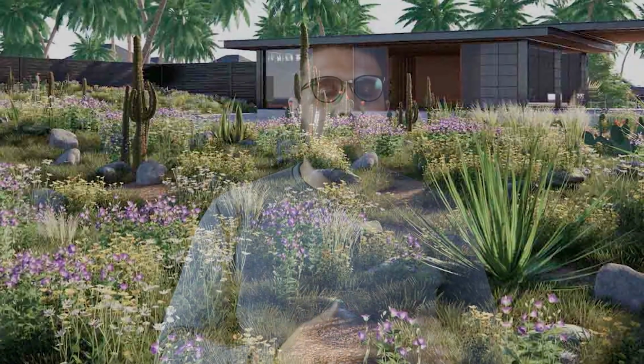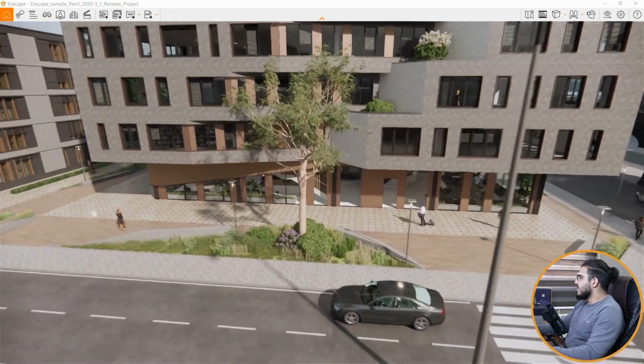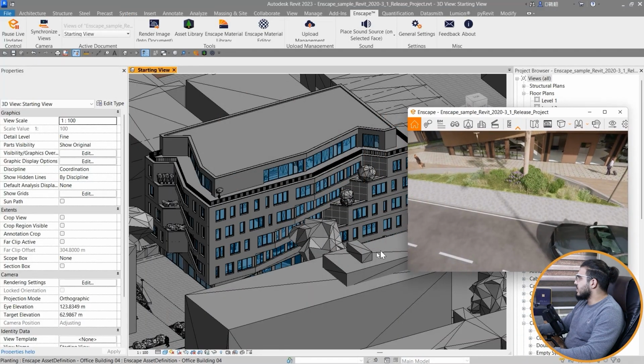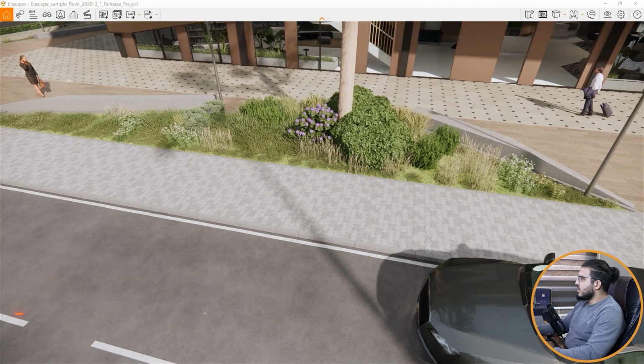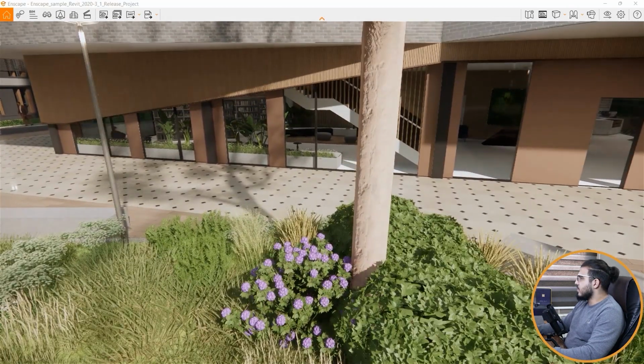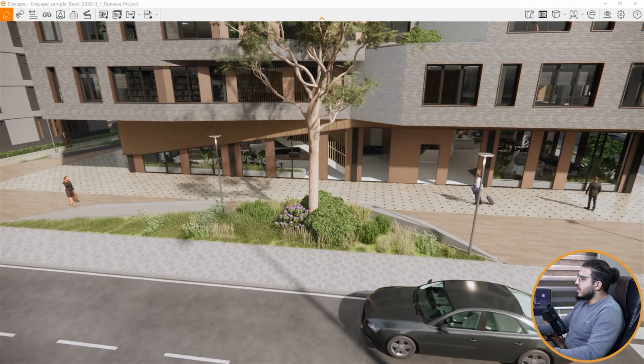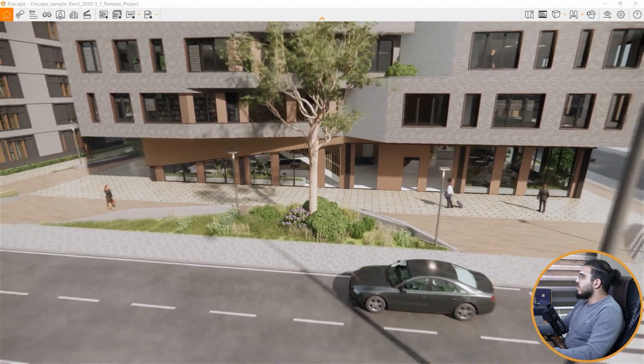So far, maybe you've asked yourself how we can have this kind of high quality asset like this car or this vegetation in our Revit or ArchiCAD or Vectorworks projects, because these are Enscape assets, not Revit or other program objects. And Enscape will create some proxies from them and will give you realistic geometry in itself. But you can see we have lots of great assets in Enscape, but when we go in Revit, we just see some proxies because Revit can't handle this kind of heavy geometry. So Enscape will proxy them in the Revit environment and it will show the right geometry in Enscape, and we can place them really easily.